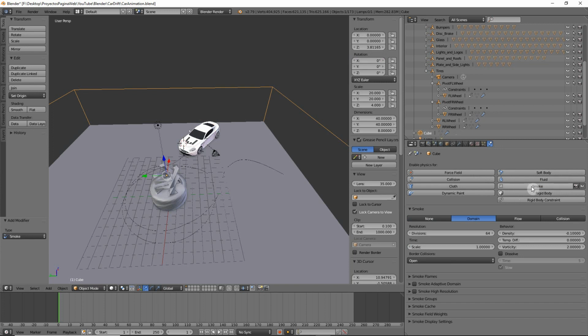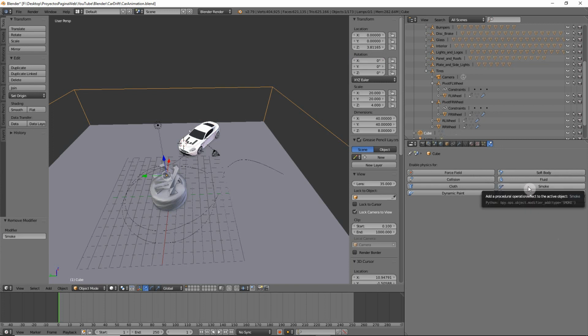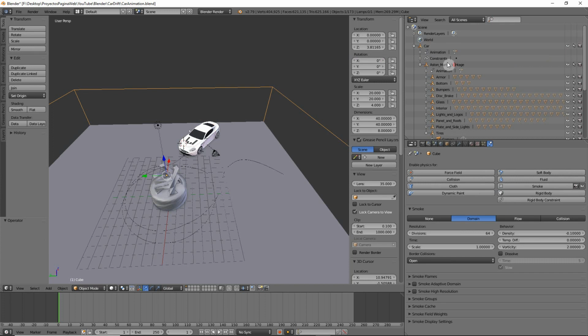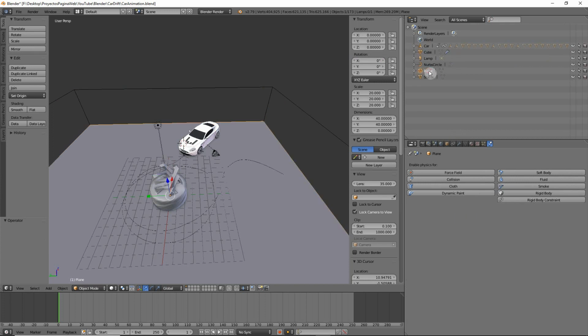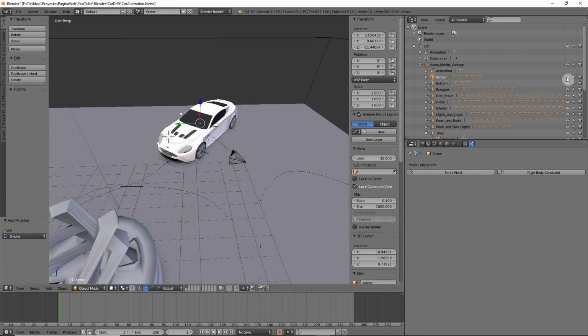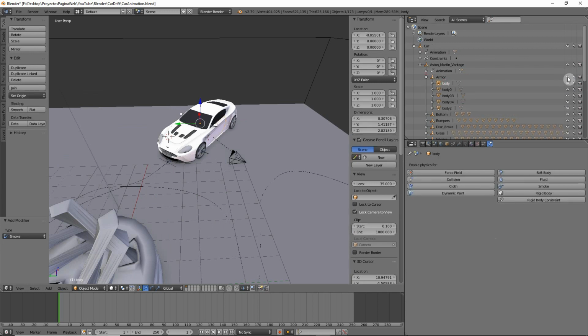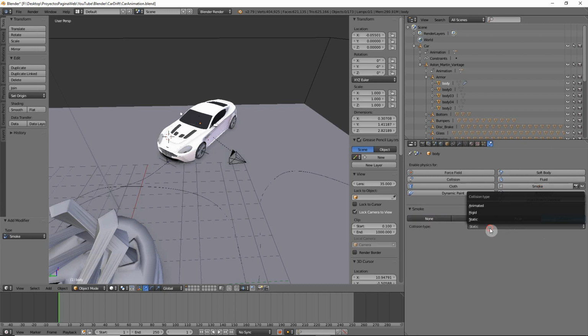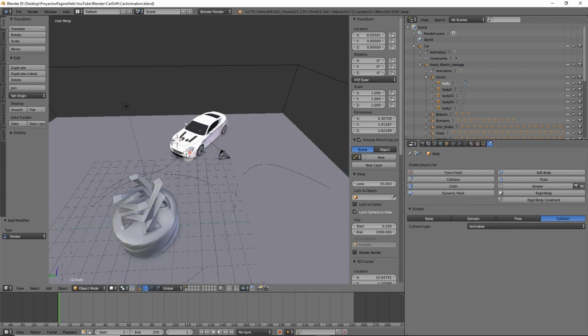And we're going to add some extra details such as we're going to put it in the blur plane. It's going to be smoke. Smoke is going to be collision, and it's a static collision. Then we have the car. I would like to see what exactly includes the armor, and then we can put, for instance, any of the objects, for instance the body, smoke collision as well, so the smoke doesn't go through. It's animated. Then we can save. Let's see for now how it would look like.